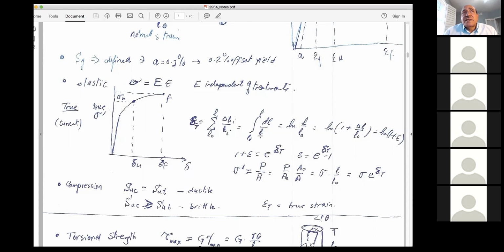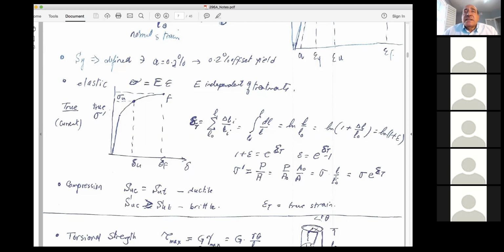Therefore, L over L0 is e to the delta. So in other words, I can calculate sigma prime if I know sigma and L over L0. And L over L0, I can write as 1 plus epsilon, from the engineering strain.